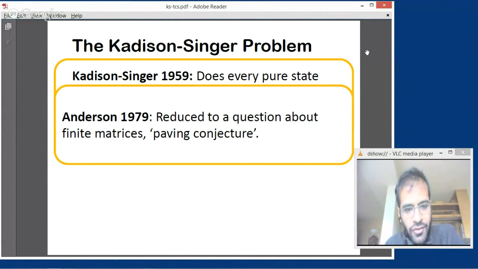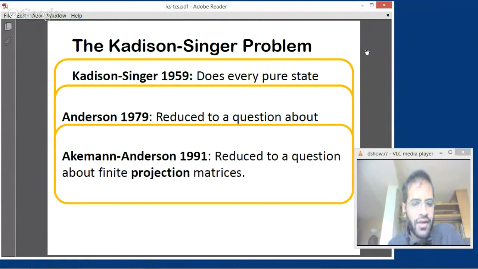Okay, so then in 1991, Akemann and Anderson further reduced this to a question about finite projection matrices. So they showed that this Kadison-Singer problem is actually equivalent to some simple statement about projection matrices. After that, there were many other reformulations, and it was observed that this conjecture is equivalent to a number of conjectures in